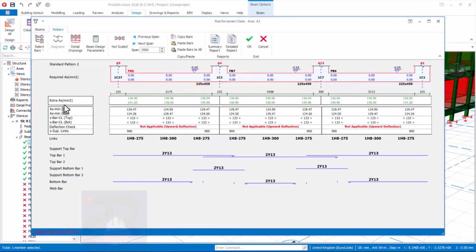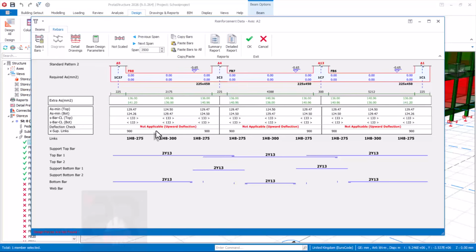That is why we have this extra area of steel right here, which helps us have the support top bar and the bottom bar. I have been able to explain why we have extra area of steel in a beam that has a required area of steel of 0. A beam of this nature does have this kind of situation. Before we conclude whether this is good or bad, we need to also look at the